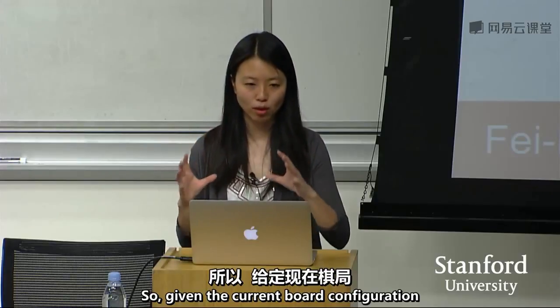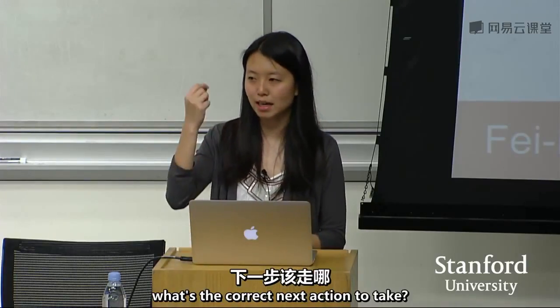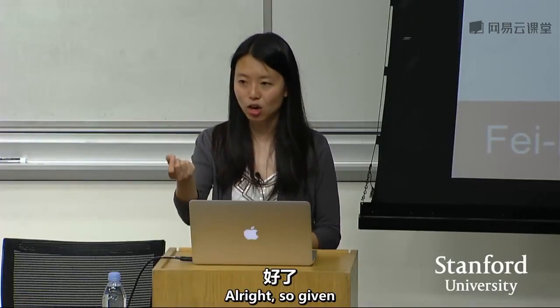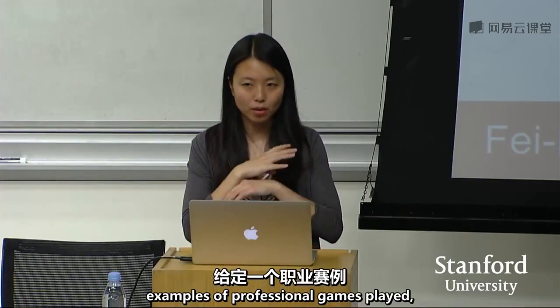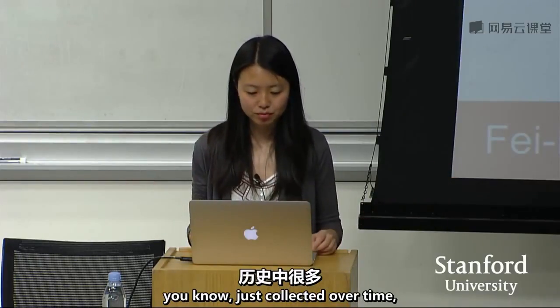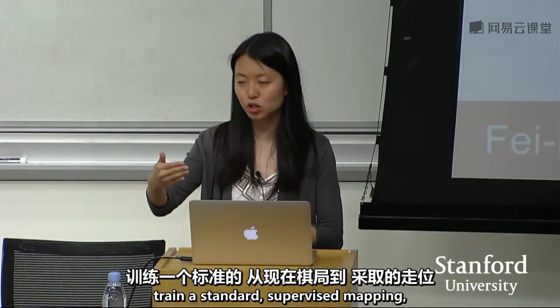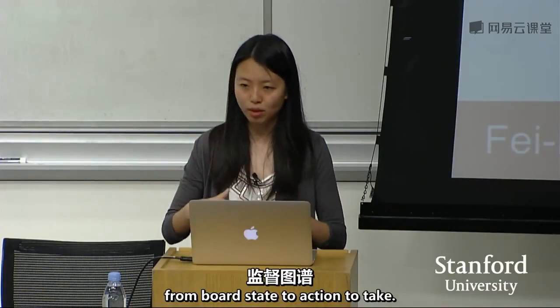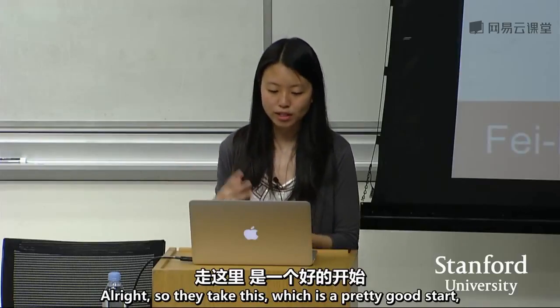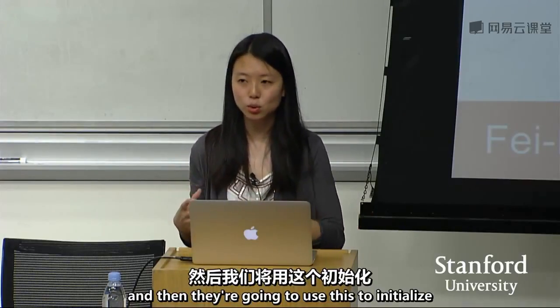So given the current board configuration or featurization, what's the correct next action to take? Given examples of professional games played, collected over time, we can take all these professional Go moves and train a standard supervised mapping from board state to action to take. They take this, which is a pretty good start, and use it to initialize